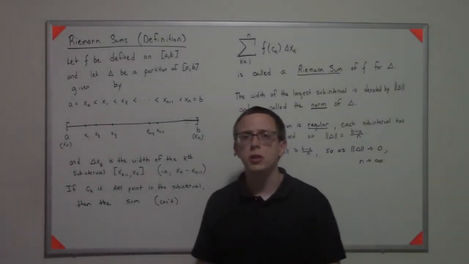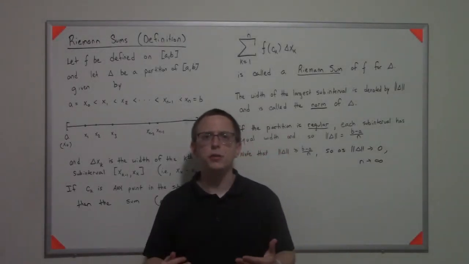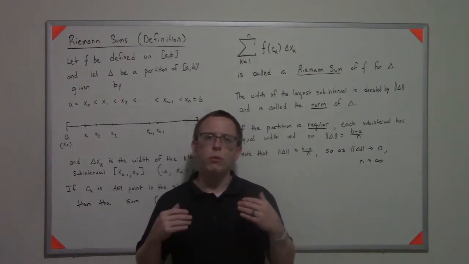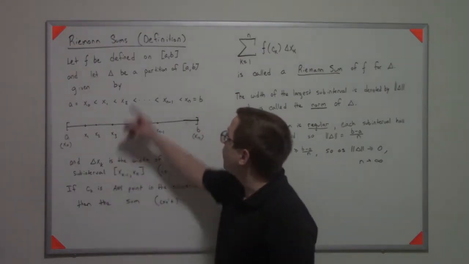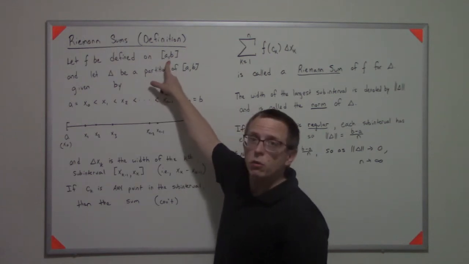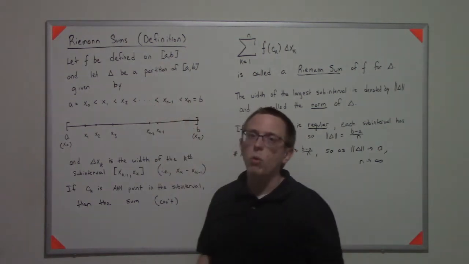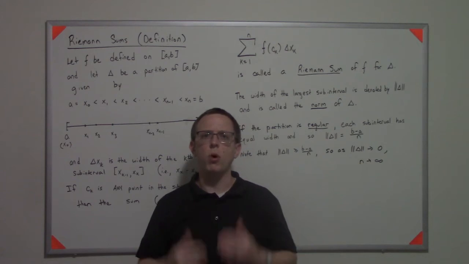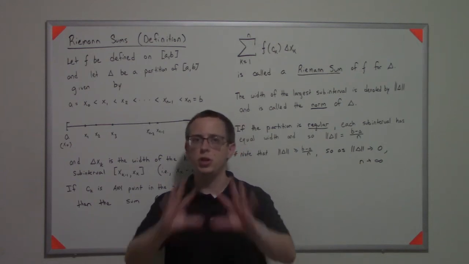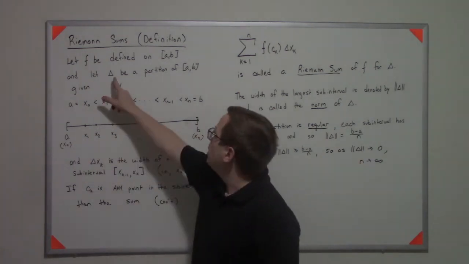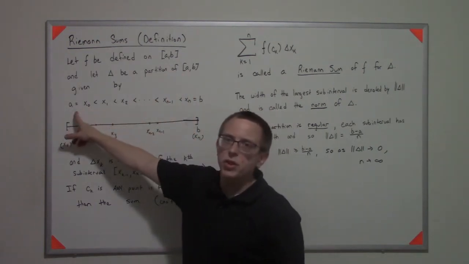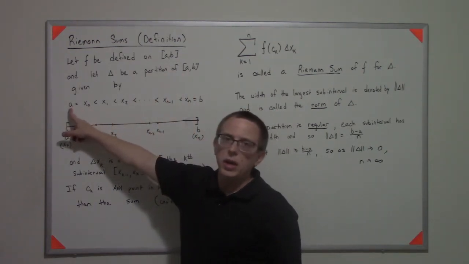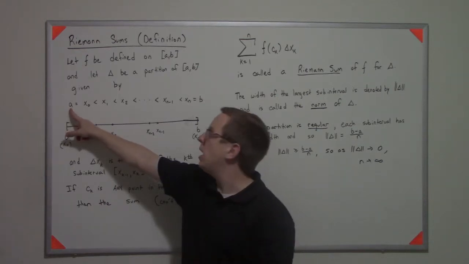We've introduced the concept of Riemann sums, but it's nice to formalize it. So if we're going to take an arbitrary function f, defined on some closed interval [a, b], what we can do is define what's called a partition, and we're going to call that partition delta. So delta is a partition of this, and the formal definition says that your left endpoint a is equal to